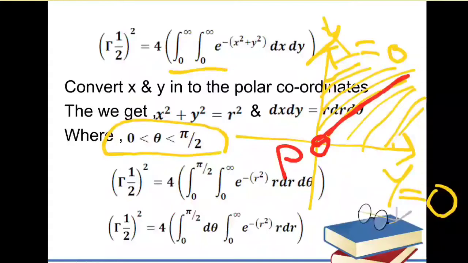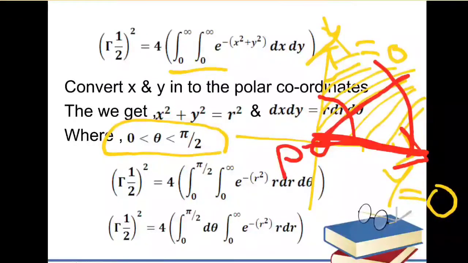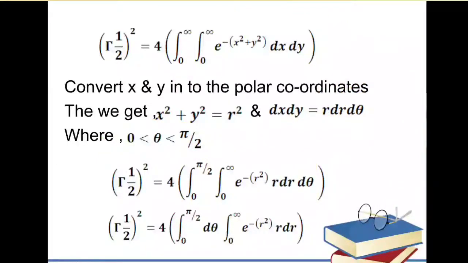Now if we talk about theta, theta is an angle, and this whole region is covered from angle 0 to 45, because here we are counting the angle from the x-axis. So the shaded region starts from the x-axis. On the x-axis the angle is 0, and to cover the complete region we have to rotate up to the y-axis, and the angle from the x-axis to the y-axis is 90 degrees. That's why the limit of theta is 0 to pi by 2.